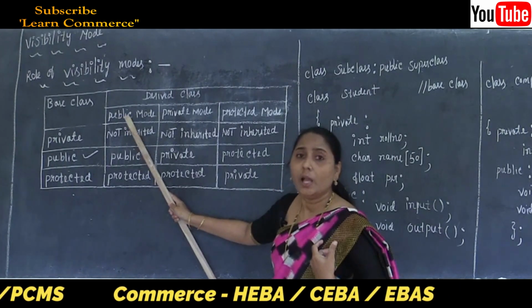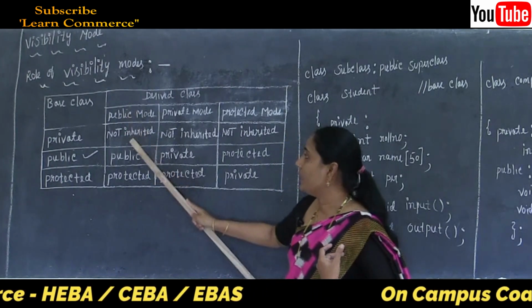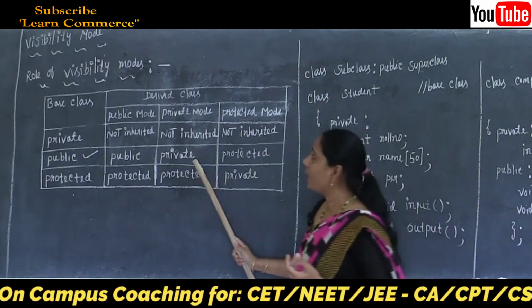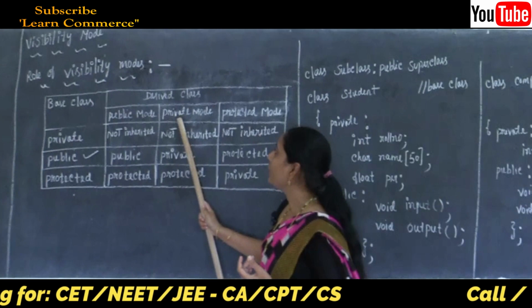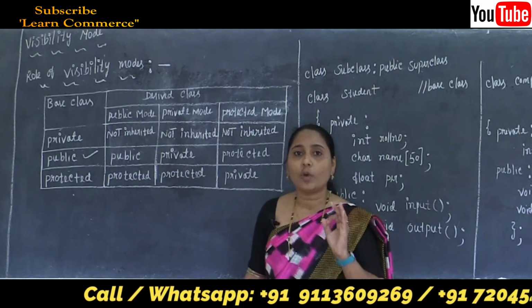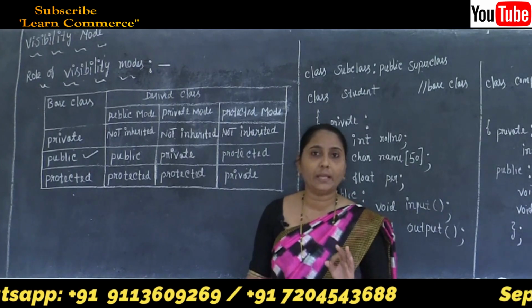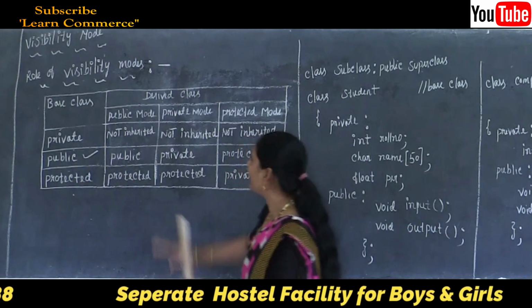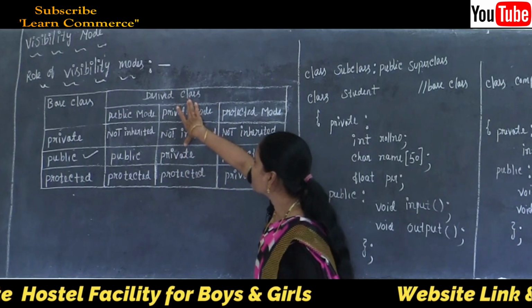Clear this point here? So this is about our public inheritance role in this case. And the second thing is about our private inheritance. Okay, so the second thing is the private. So what are the rules that are going to apply in our private inheritance? The first rule I want to tell, why? Because now I am going to complete this whole column.